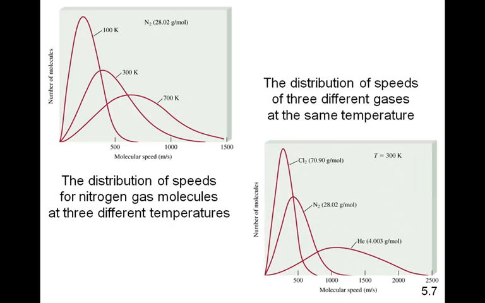All right, so this is the distribution of speeds for 3 different gases at the same temperature. Now remember, if they're different gases at the same temperature, that means they have the same average kinetic energy. But what the difference is,